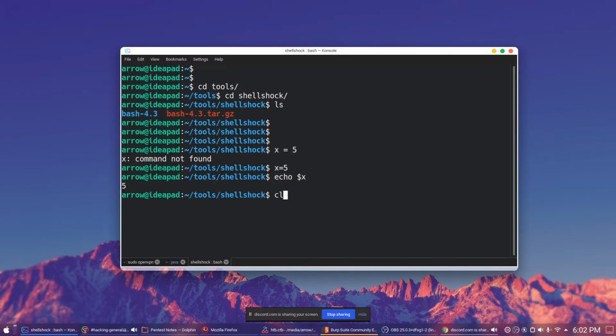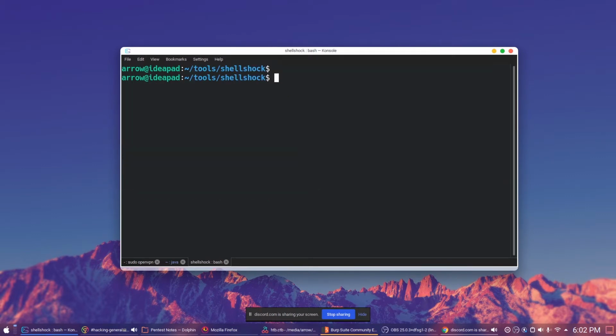Now let me clear the screen. We are going to create a function, and let's say y equals, and the function definition is as follows. Instead of the function keyword, we can simply use quotes, and in that we define a normal function.